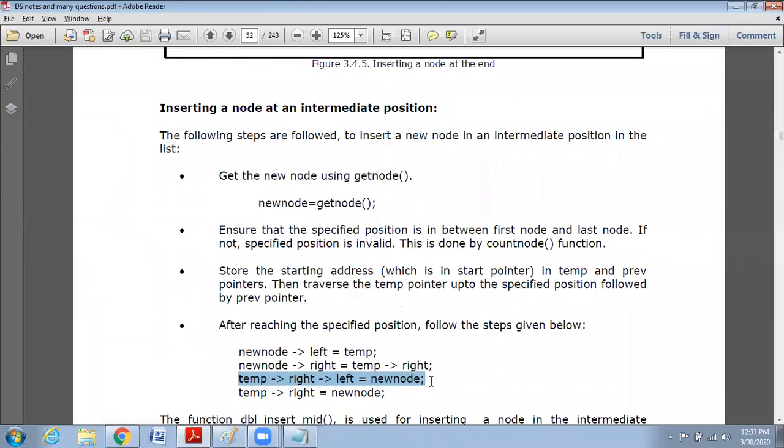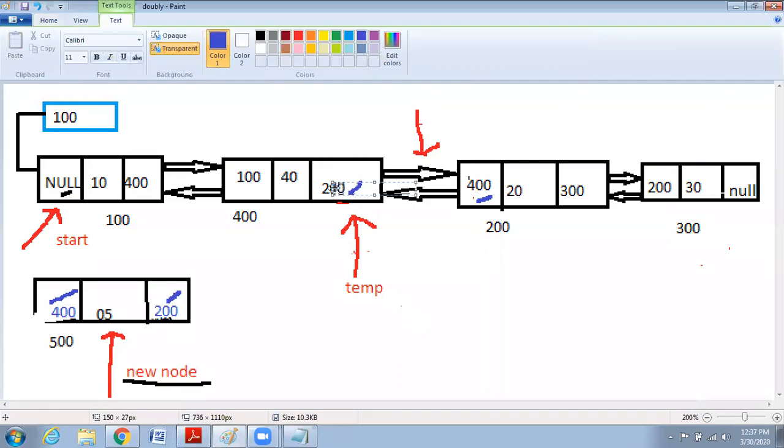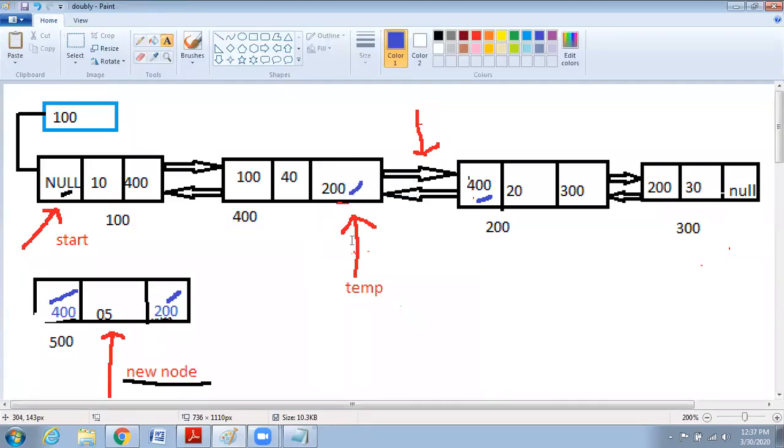Because when you are seeing this code, you should not get doubt. And only one more change we should do. This is the place: temp of right. Temp right equal to what? Simple: new node. That's all. So four changes we have done. What are the changes? New node's left equal to temp.